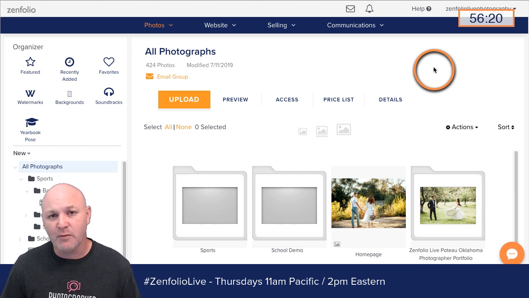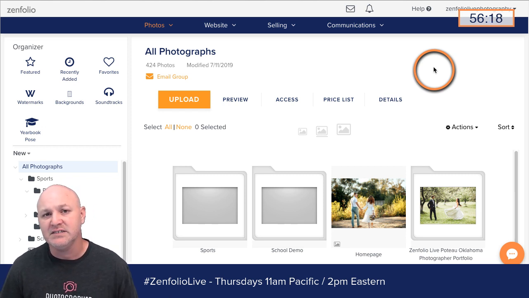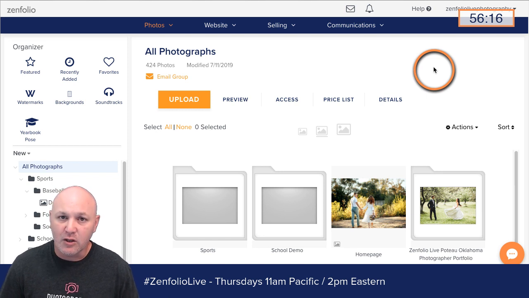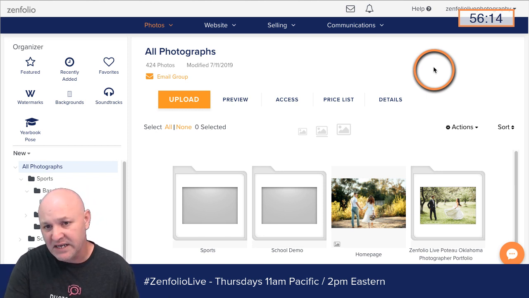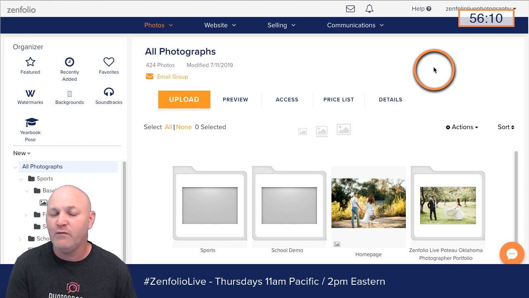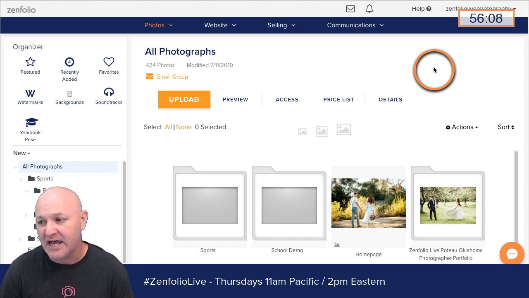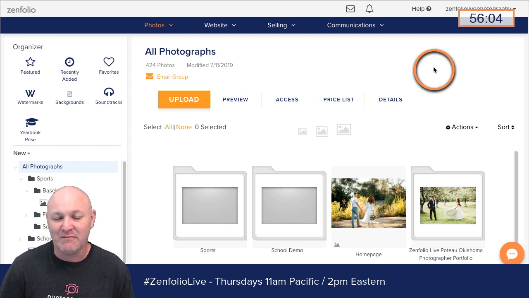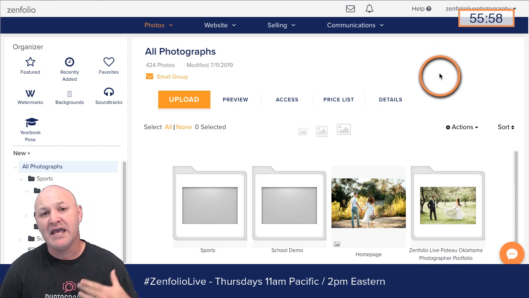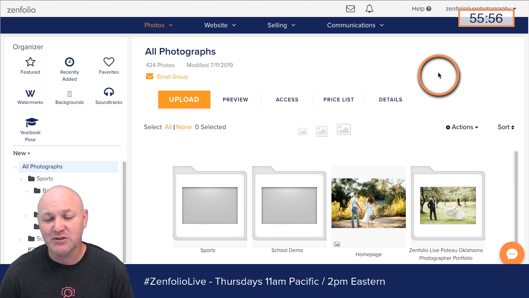So you can do this a couple of different ways. One of the easiest ways, if you want to offer low resolution downloads of any photo on your site, is to create a digital product for that and make sure that it's added to your price list. You've got to make sure that digital product is created, added to your price list, and applied to your gallery. So let me go through and show you how to do that low resolution digital product really quick.